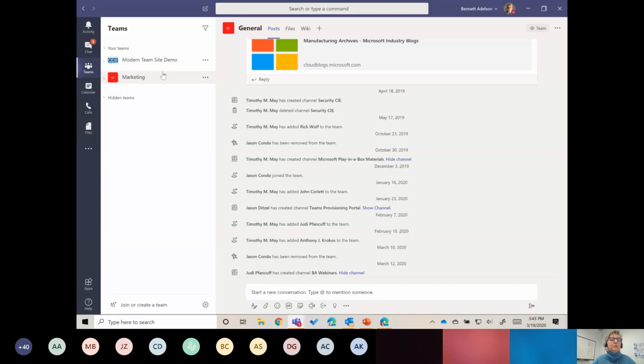So I'm showing 2 teams here, and every team can actually, let's define what a team is before I go into what is inside them. So teams are just dedicated spaces that are set up to focus on whatever the team owner specifies. So it could be a project, it could be a team for your whole department, it could be a team on a big subject, like say it's inclusivity and somebody decided just for some reason to start a team on that topic. That's actually a topic I think would be better in Yammer.